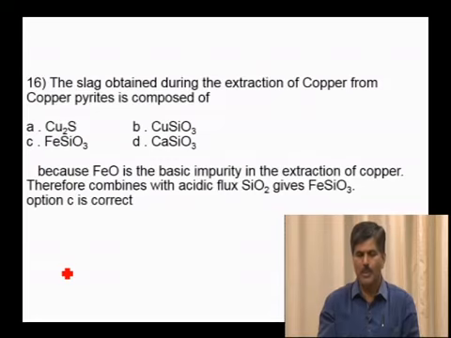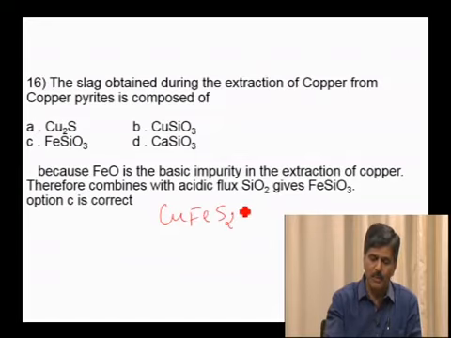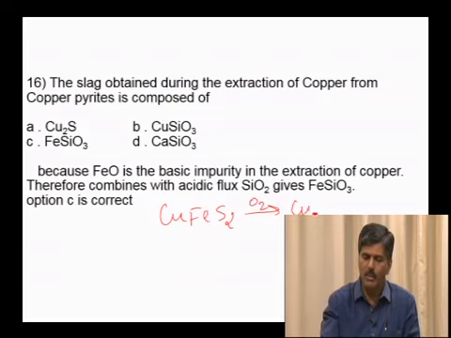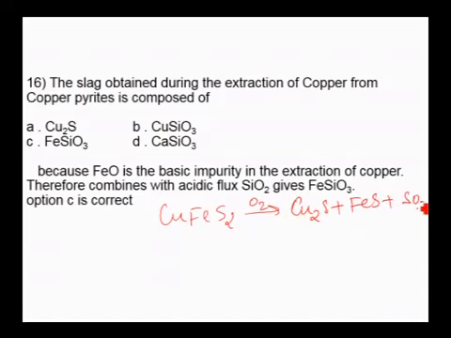So, during the extraction of copper from copper pyrites, the first step is roasting of copper pyrites, that is CuFeS2. On roasting in excess of oxygen, this is converted into Cu2S plus FeS plus sulfur dioxide. Actually this is the reaction, it is not balanced here. So, Cu2S